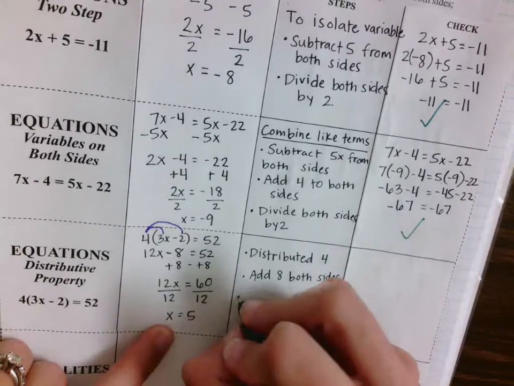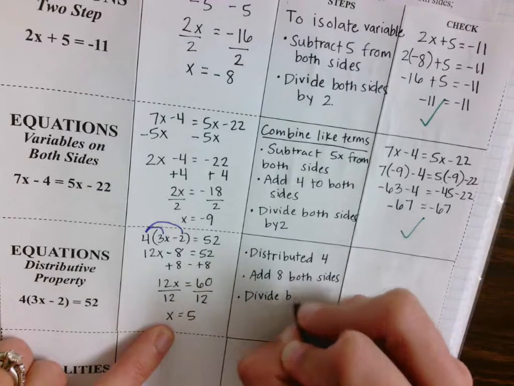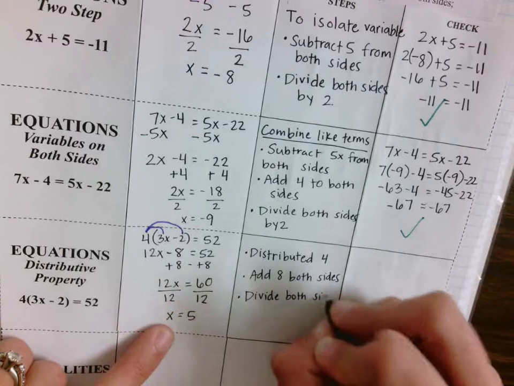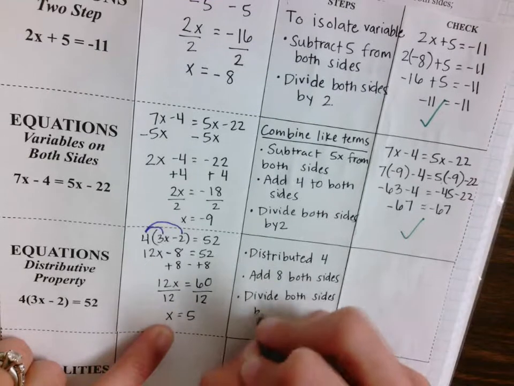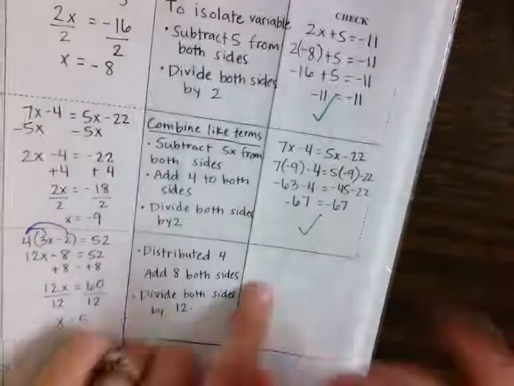After that, we divide both sides by 12. Okay, so now, all we get to do is check, so we need to input